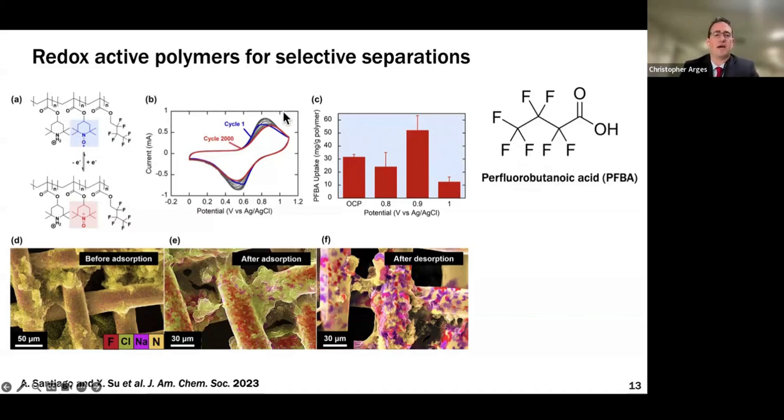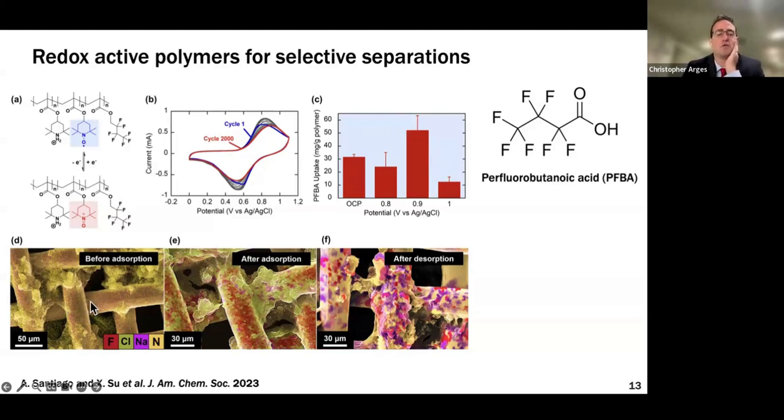And then, right, if I apply a positive potential on here, I can oxidize, release these electrons from it, and then I'll get this positive group here. And normally, if it's in a base solution, this will be an anion here, and this positive group with the anion can absorb the perfluorinated compound.